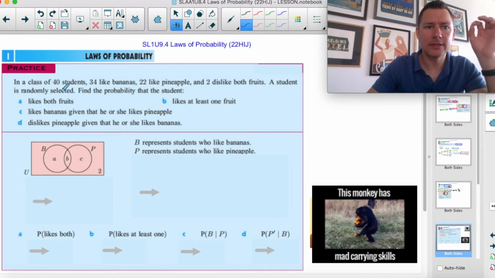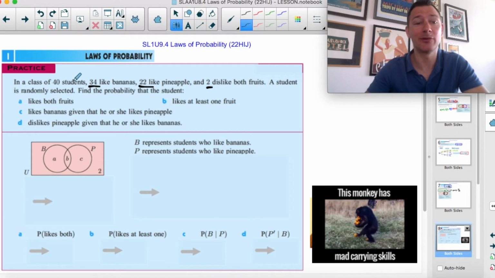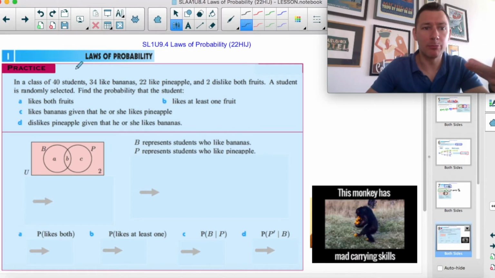So we've got 40 students, and some like these different fruits or dislike them. Now, you notice that this and this and this are more than 40, and it's because some people aren't so particular that they only like one kind of fruit, right? So first we have to put this all together, and then we'll do some probability with it. So I see that there's